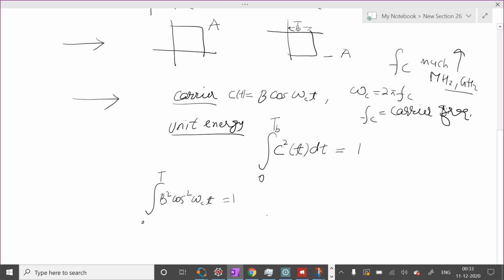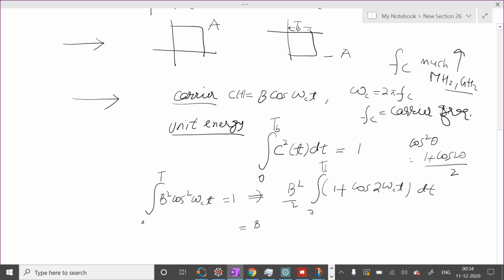We will use the identity that cos square theta is 1 plus cos 2 theta by 2. So then it implies b square by 2 integral 0 to tb of 1 plus cos 2 omega ct dt,